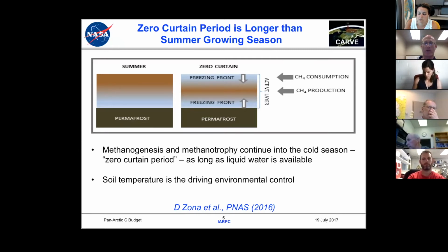It's well known that there is a freezing point depression taking place in Arctic soils. And so 0 degrees is also not the threshold. You can have liquid water down significantly below 0 in some key areas. And it's known that the microbes living in these environments can metabolize reasonably well down as cold as -10 C. So what we're looking at is this freezing front and how long this persists, this so-called zero curtain period,